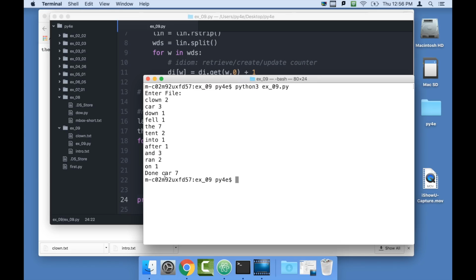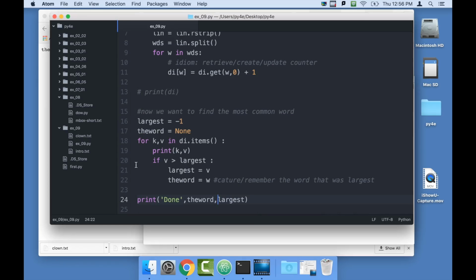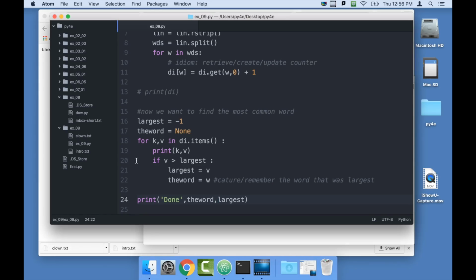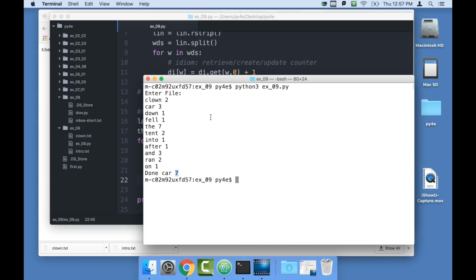Okay, and so now we know that. Oops, did we make a mistake here? Okay, that does not look good because it says car and 7. If V is greater than the largest, oh, it's not W. I used a really bad variable. There we go. It's K, which is the key. That was quite the bug. See what happened there? I had this as W, and it just happened to be the last word on the